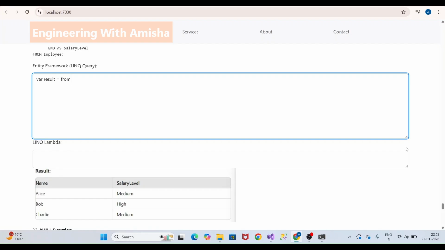Like in LINQ, we do not have a case keyword. So instead of the case keyword, we will use conditional logic like if else or the ternary operator. So first I will select the name and then we wanted to rename. So now we will add our condition